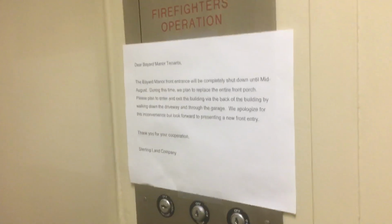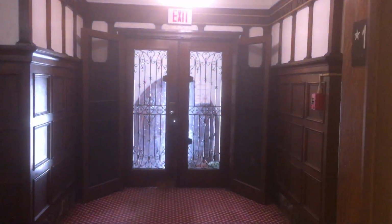Pause if you want to read that. Yes, the main entrance to this building is closed. All I got in here is through the propped open garage door. It closes, and that's going to be